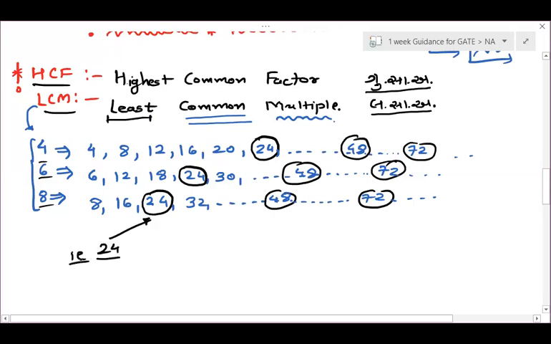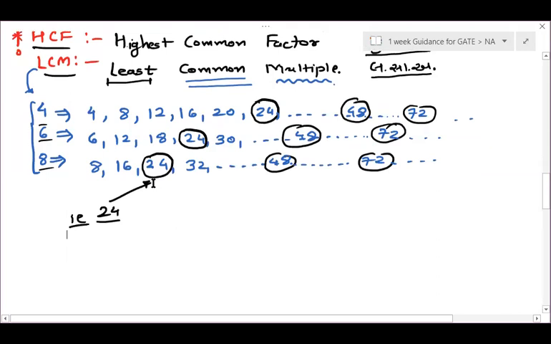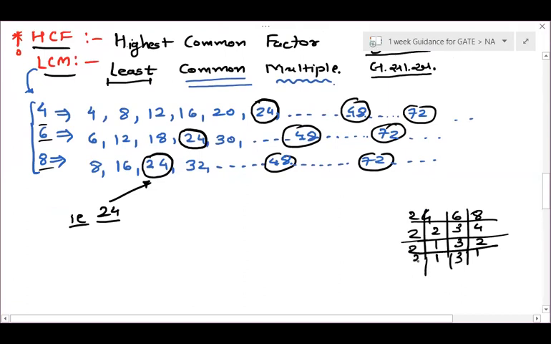We know how to find this, right? आपको पता है एलसीएम फाइंड कैसे करना है, वो आप फटाफट फाइंड कर दोगे, ऐसे ये 4 रख दिया, 6 रख दिया, 8 रख दिया, फिर इस तरीके से आप फाइंड कर लोगे, isn't it? Please give me some response. 2 2s are 4, 2 3s are 6, 2 4s are 8, again 2 1s are 2, 3 as it is, 2 2s are 4, again 2 1s are 2, this 3 as it is, again 3 1s are 3, this 2 as it is. So 2 2s are 4, 2 4s are 8, 3 8s are 24.